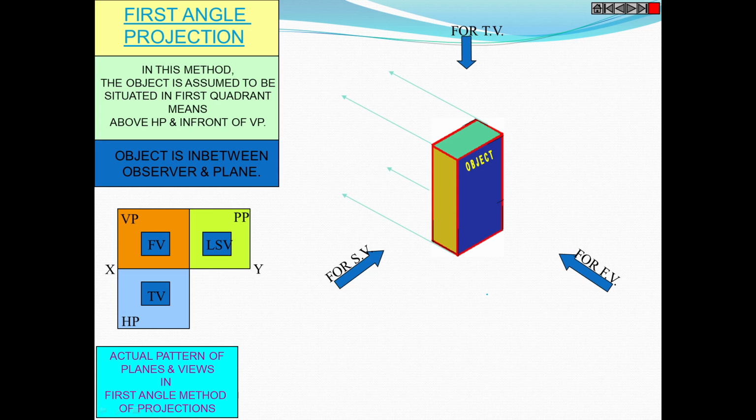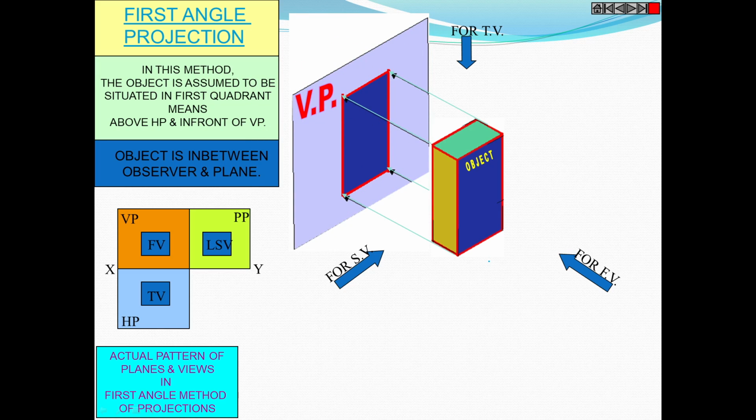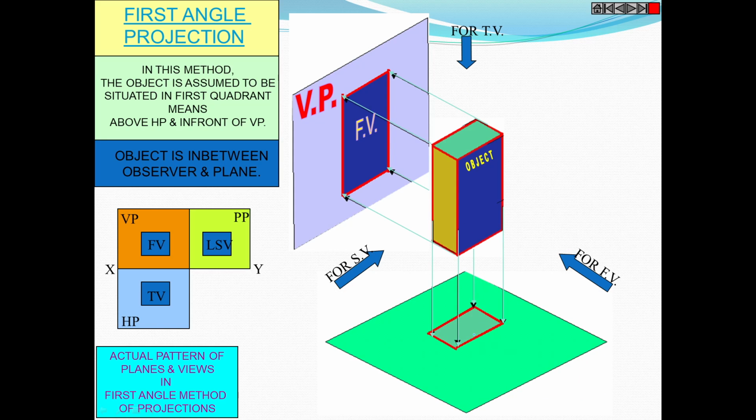Okay. So for the front view first, the front view will be obtained on the vertical plane. Vertical plane in front of us, and observer, object, and vertical plane. We will get the projections on the vertical plane. So these are the projections for the front view. We are looking from the top, these are the projections, and we are getting the top view on the horizontal plane,